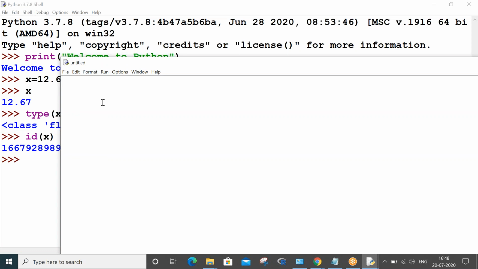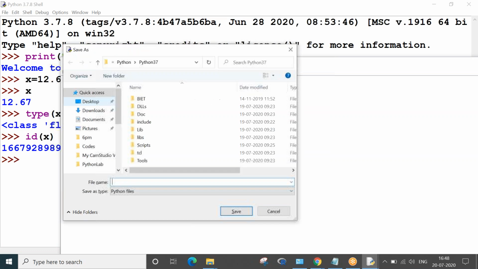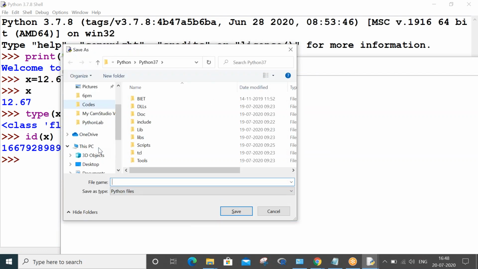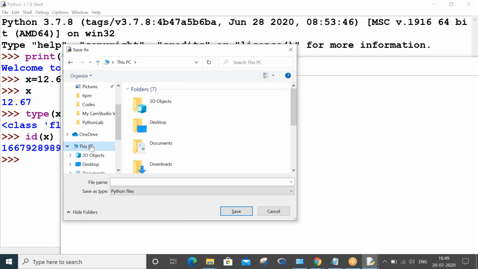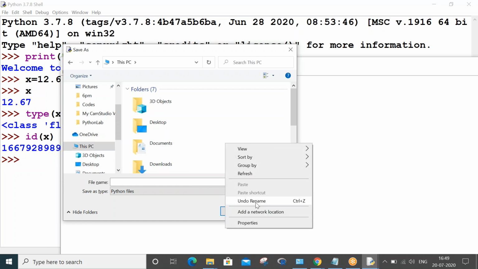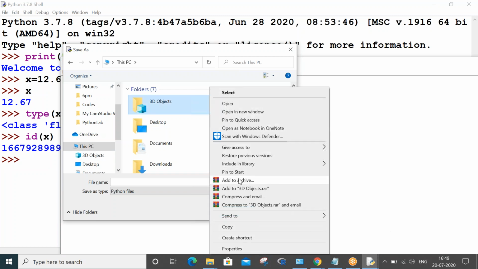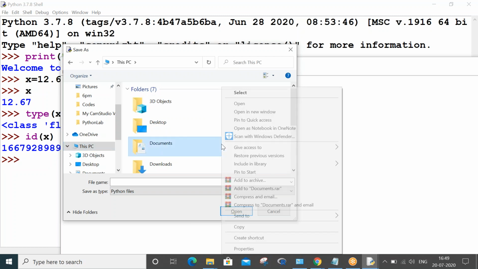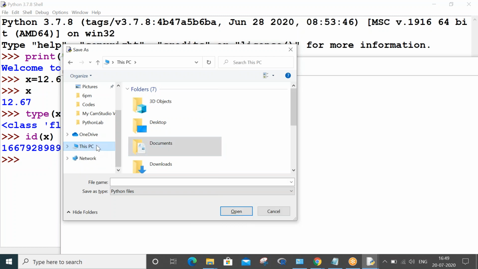You have to save it with Control S. You can go to a new folder. Let me create a new folder in C drive for our easy understanding. Let me create new folders. Okay, I am in This PC.